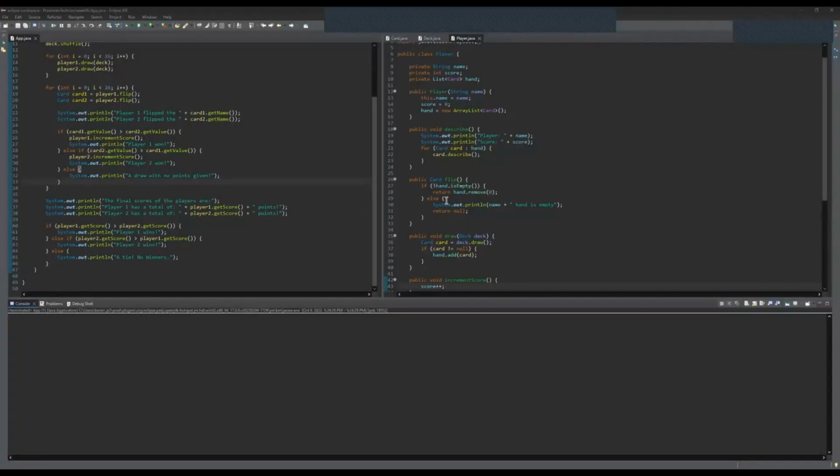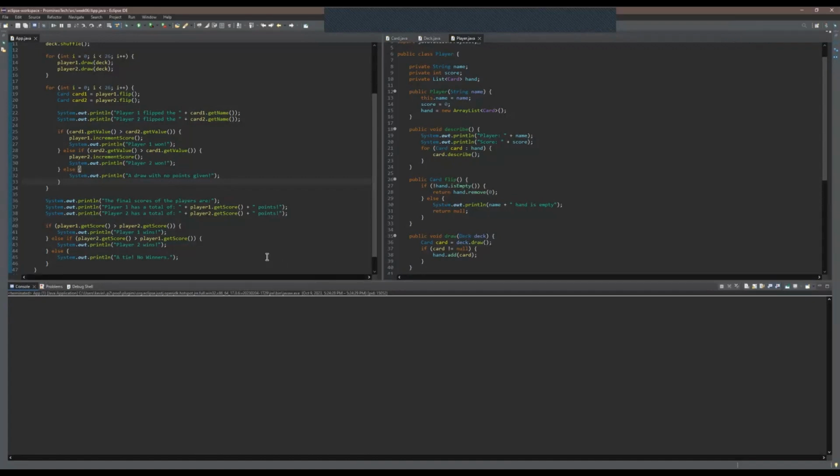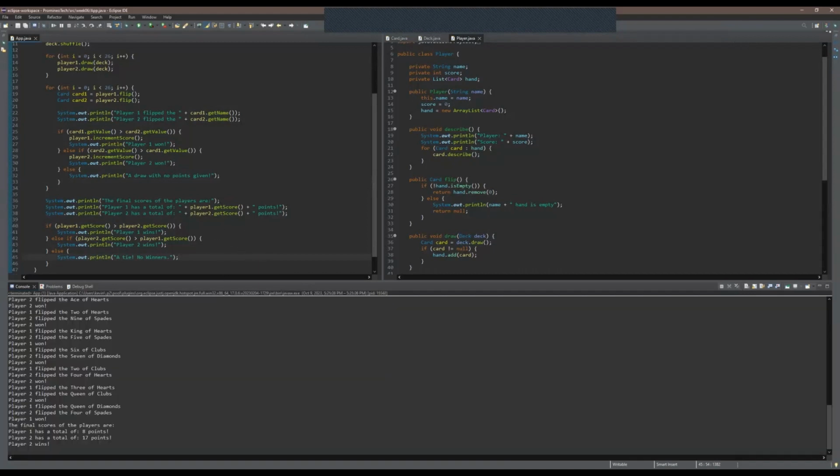Now that I've showcased what all of my classes and my main method class does, I will now showcase how exactly the program works and the outcome. So we can just go ahead and run the program, and we can see that from the start, each player is flipping their cards, and it determines which player's card wins, that is with the highest value, and it keeps